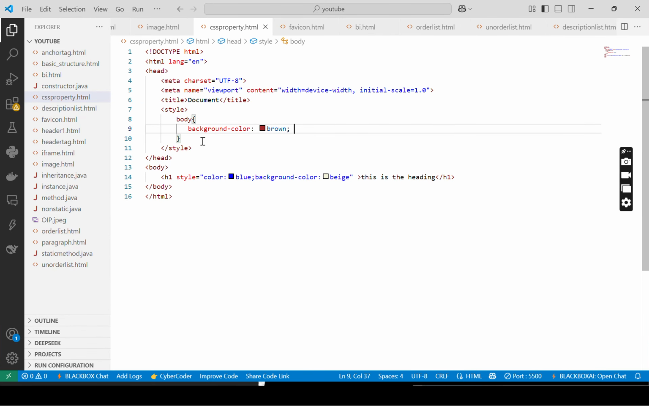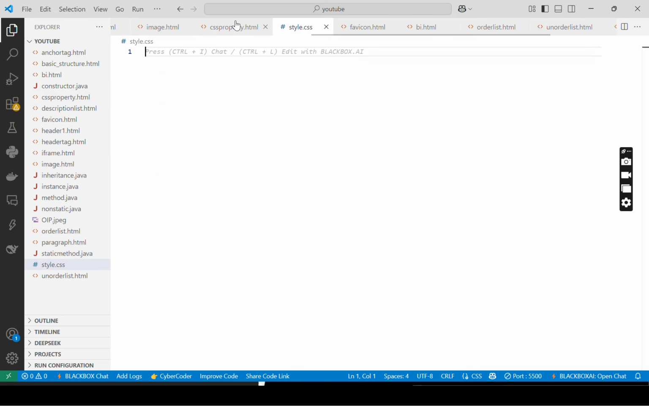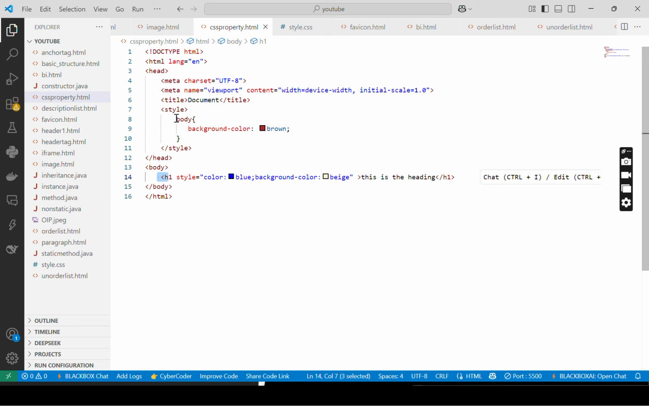Now, external. What is the external? How can we apply the external? External means I have to create the CSS file and link it to the HTML file. So that is what external CSS property is. Here I'll create one CSS file. Let me call it style.css. The extension should be CSS only. In this I'll select the H1 itself. The same thing applies here: the selector, property and the value, the same thing I have to give